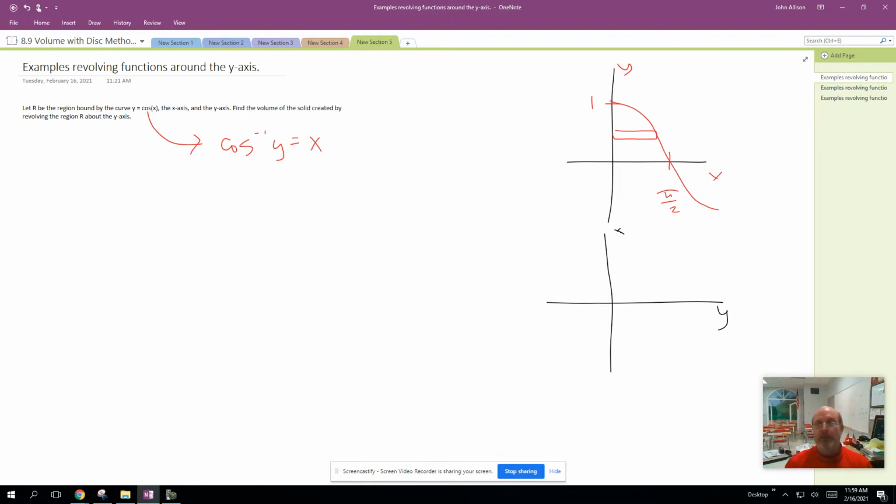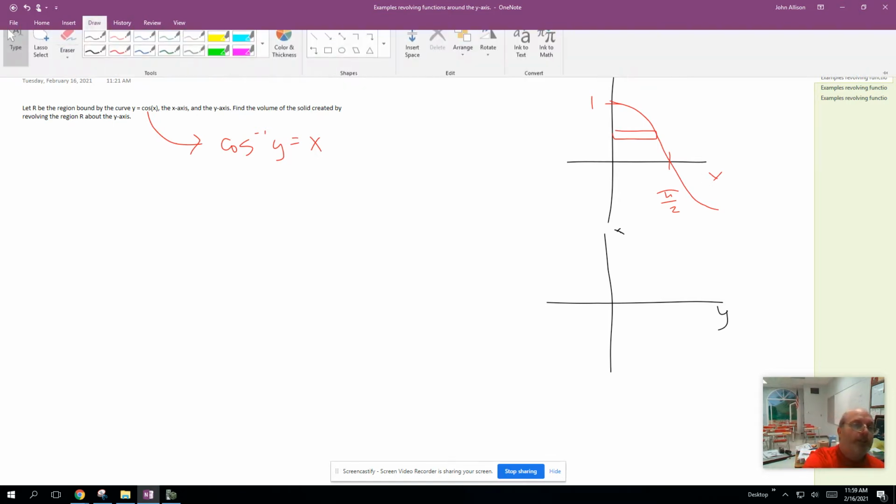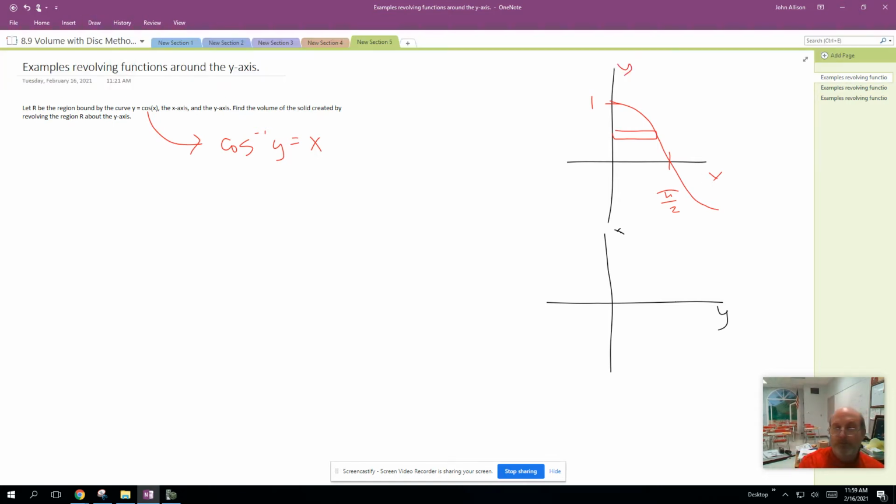This is now the x-axis. Recall that that simply flips these axes across the line y equals x, so it reflects it. And this becomes more like this, where this is now 1, and this is now pi over 2, and this is our region,